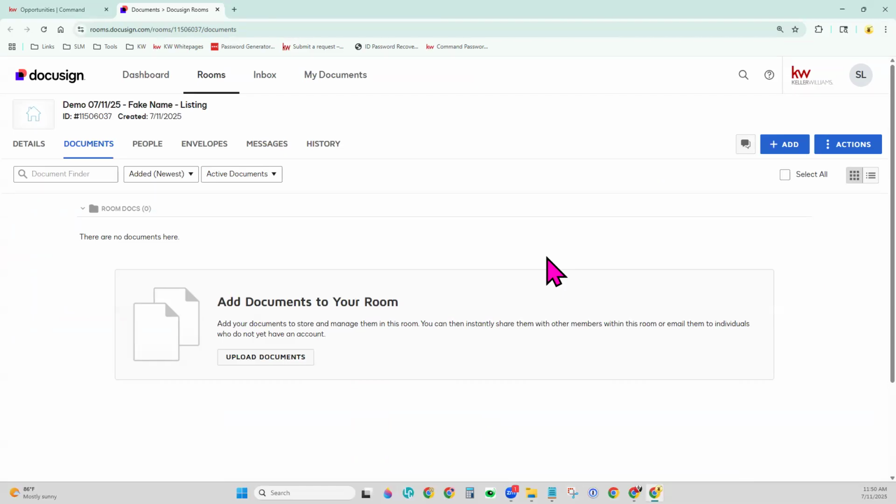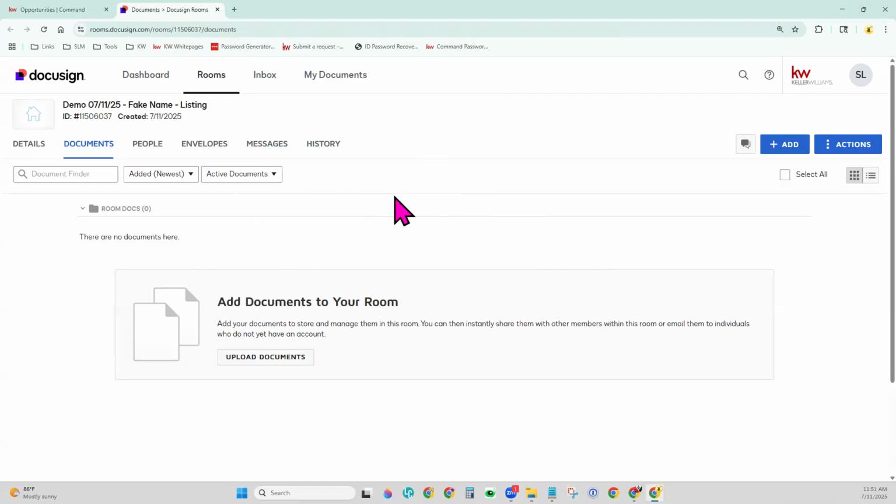We have another class called DocuSign 101. It picks up right here at this point and will show you exactly how to retrieve all of your forms, make edits, send them for signatures, and how to get them back. Okay? So DocuSign 101 picks up right here at this point. For the sake of this class, we're just going to say this is where you come to get those forms